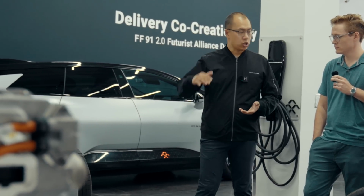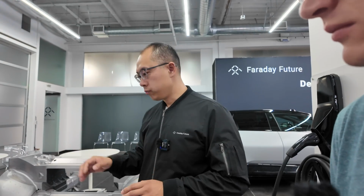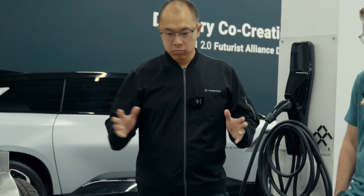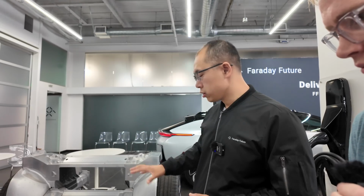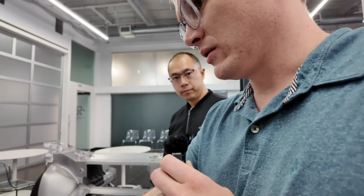On one hand, it's a top luxury brand, right? You need to be heavy, and at the same time, we want it to be very agile. Absolutely. Great ride and handling performance. That's the reason why the three-motor configuration is with our hardware and software. And great. Then here in the center, these are